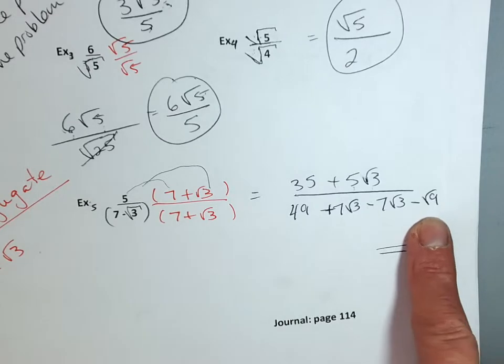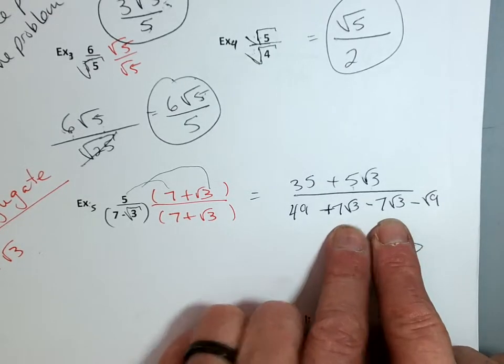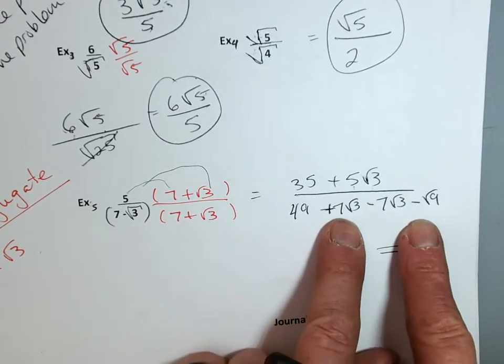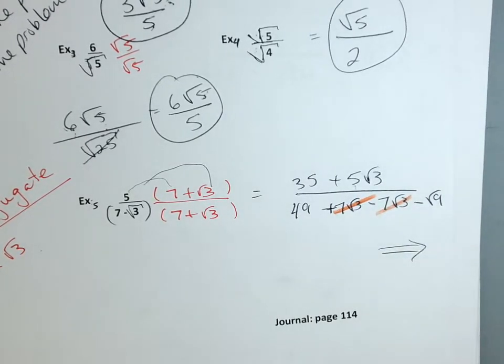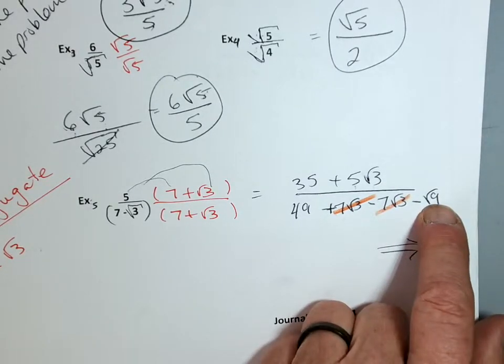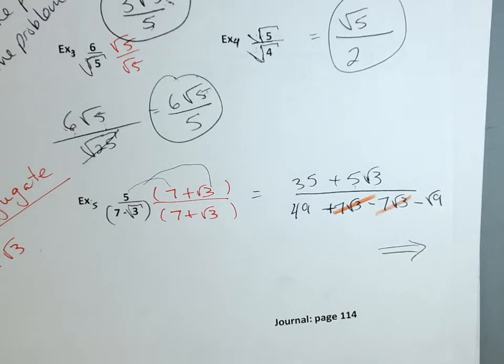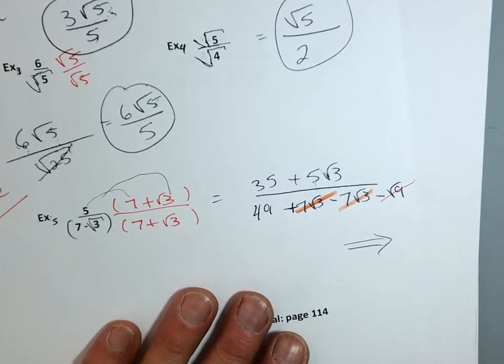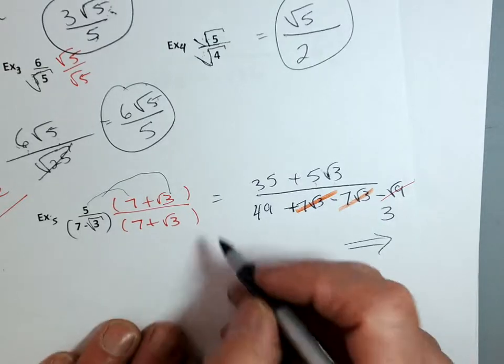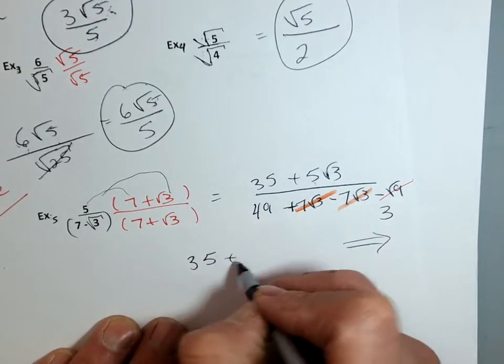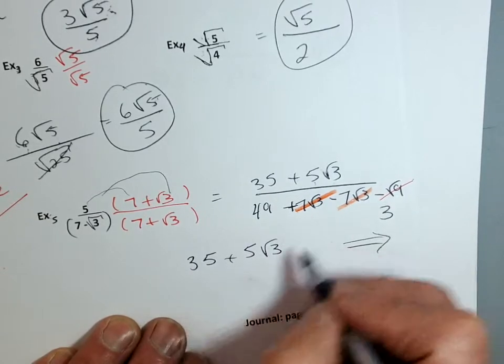Now the reason we did the conjugate is because it made opposites. By doing the opposite sign, guess what? We made opposites. And watch what happens. Cancel, cancel, right? Square roots are disappearing on the bottom, aren't they? Now what about this 9? What's the square root of 9? 3. All your square roots gone, aren't they? This becomes 3. And before I finish it, is it a negative 3? Yes. Are there any square roots on the bottom? No. They're gone. So my answer is going to be 35 plus 5 square roots of 3 over